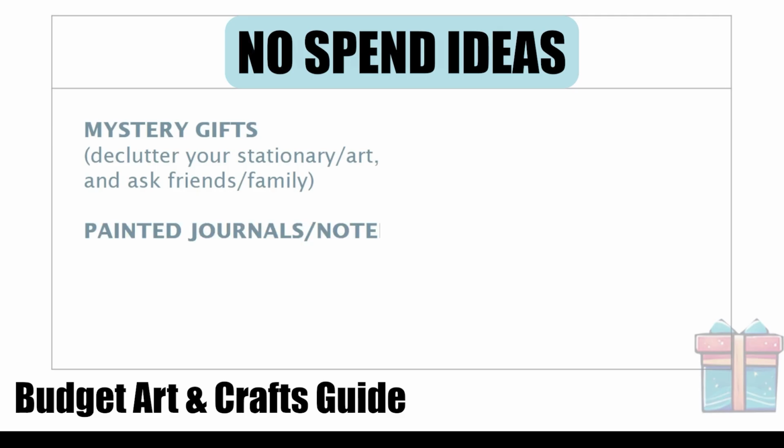The next thing is kind of related. It is about painted journals, notebooks, and junk journals. Make your own journals by using recycled paper, stickers, paper, and your own homemade stamps if you can. Create a nice decorative cover. Use acrylic paints and markers. You can also make a scrap journal in this way by grabbing envelopes or anything like